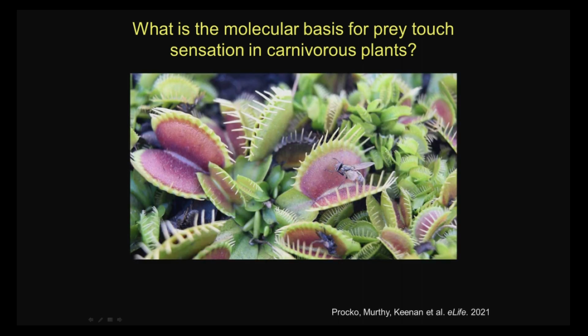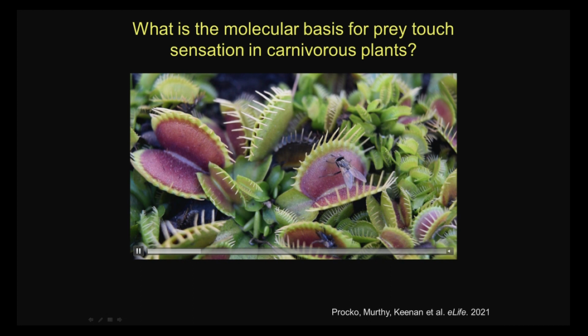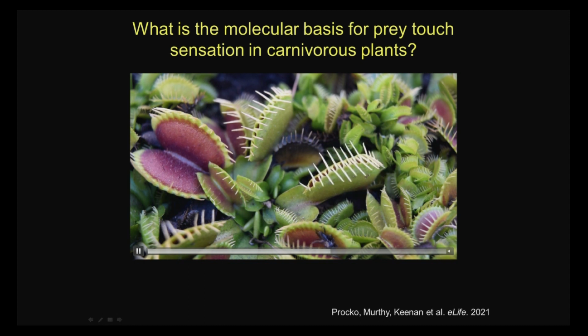And for this, we turn to an even more, certainly I would think the most famous carnivorous plant. So this is the Venus flytrap. For those who are unfamiliar, I'll play the video, right? So here, this insect has been attracted to the leaf by color and volatile emissions, and once there, it starts wandering around on the leaf, and then it comes into contact with one or more hairs, right? And then bang. So it touches these hairs, they're called trigger hairs, and then that signals to the leaf to